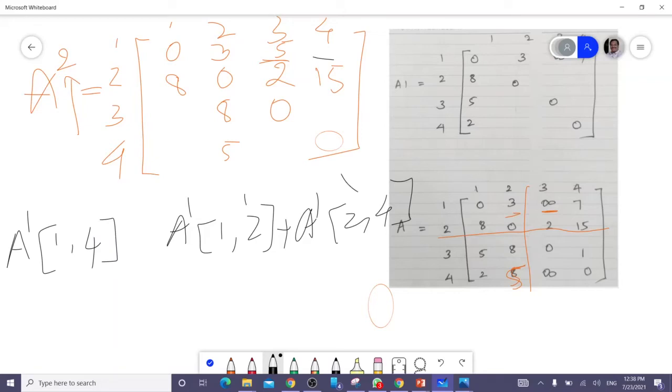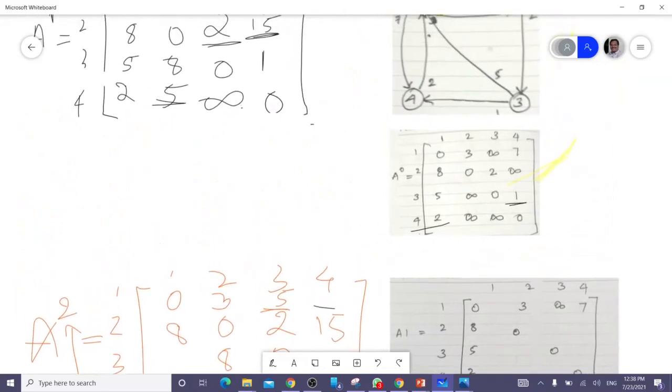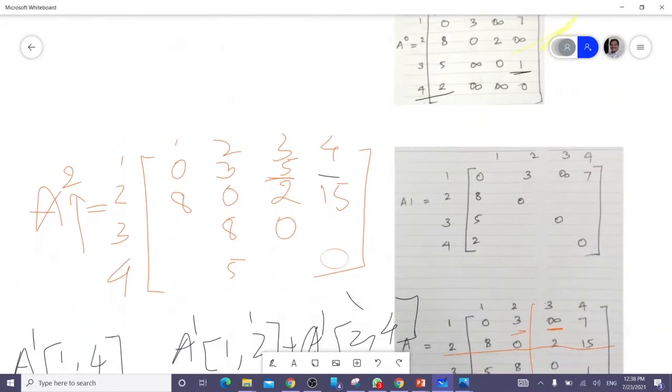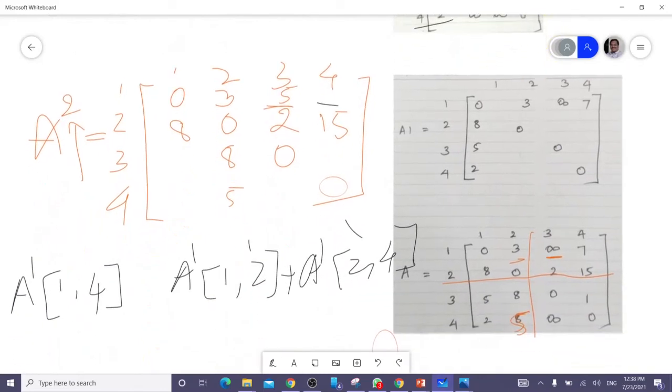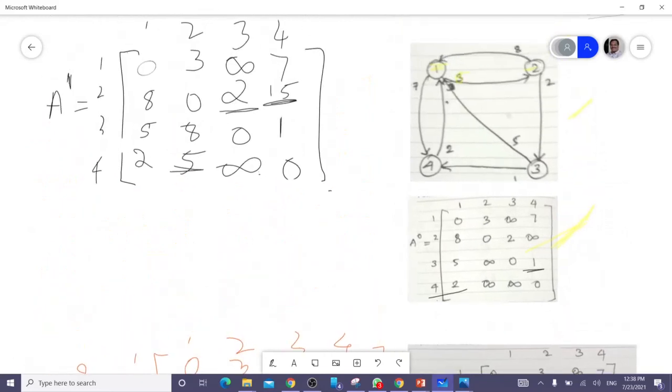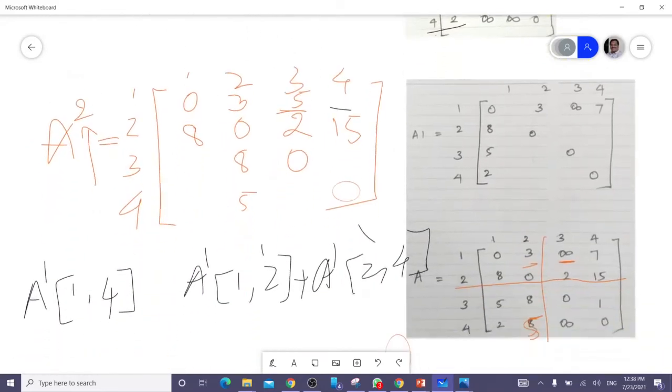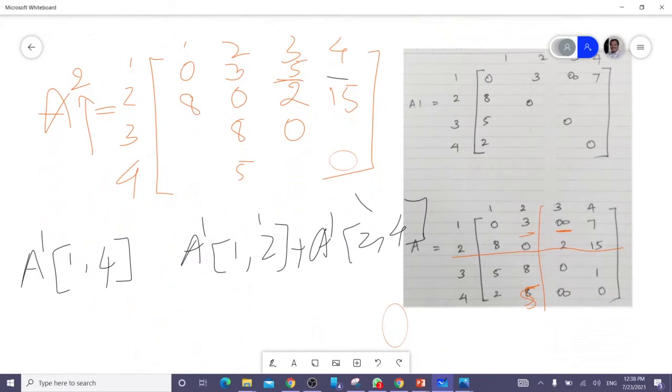In the previous iteration, we used to take A0; here we are taking A1, and every time it has to go through a node. Earlier it was node 1; here it has to go through node 2. That is what you have to observe.